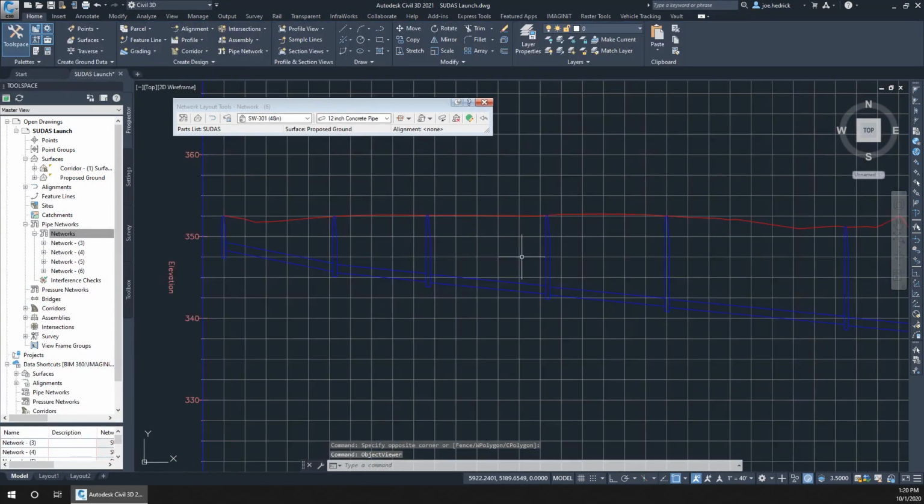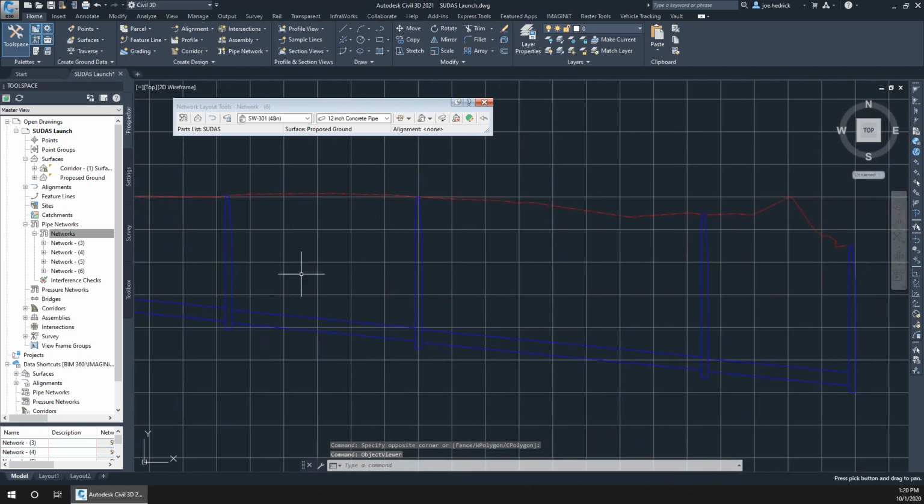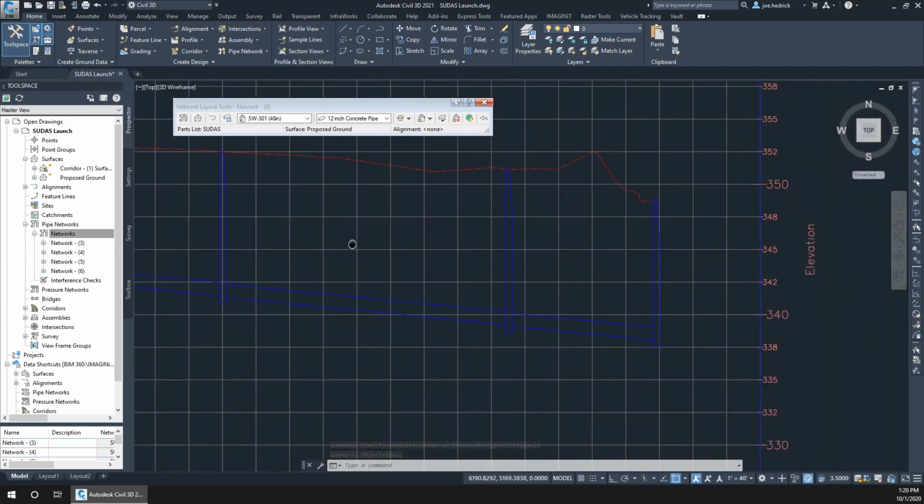All right, profile view. Really no problems either. They're going to show up in the profile views, again based on your styles, depending on how you show the structures. I'm just showing the outer part boundary,